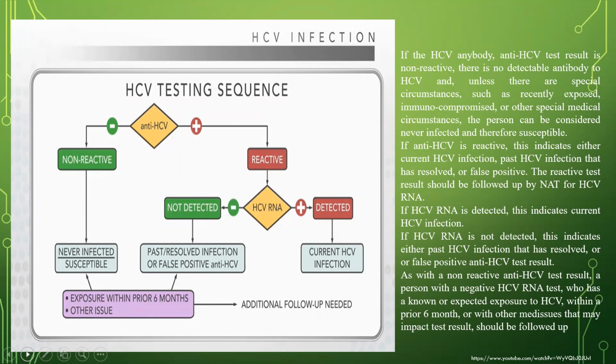result. Reactive test results should be followed by NAT for HCV RNA. If HCV RNA is detected, this indicates current hepatitis C infection. If HCV RNA is not detected, this indicates either past infection that has resolved or a false positive anti-HCV test result. As with a non-reactive HCV test result, the person with a negative RNA test who has a known or suspected exposure to hepatitis C within the prior 6 months or with other medical issues that may impact test results should